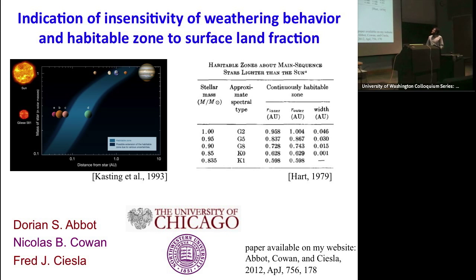So I'm going to be talking about the habitable zone, and this is a picture of the habitable zone based on the classic Kasting concept. This is different masses of stars, a star like the sun, less massive, and this is distance from the star. The happy blue area is the habitable zone where you can sustain liquid water at the surface. At the inner edge of the habitable zone is moist greenhouse or runaway greenhouse, depending. And at the outer edge, you have either CO2 condensation or an increase in Rayleigh scattering due to CO2, so that CO2 can no longer cause warming.